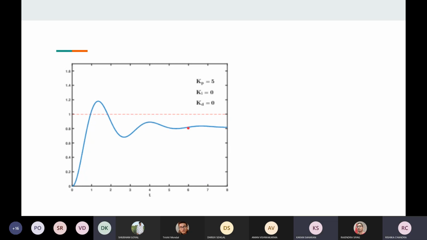Ma'am, what are these three variables, Kp, Ki, and Kd? I'll tell. Like I told you, the proportional controller has some constant Kp. What do you mean by proportional? It's proportional to something. So the proportional controller is proportional to the error. After removing the proportionality, we get some constant Kp. So this is the proportionality constant. Okay. So the proportional controller is clear, right?